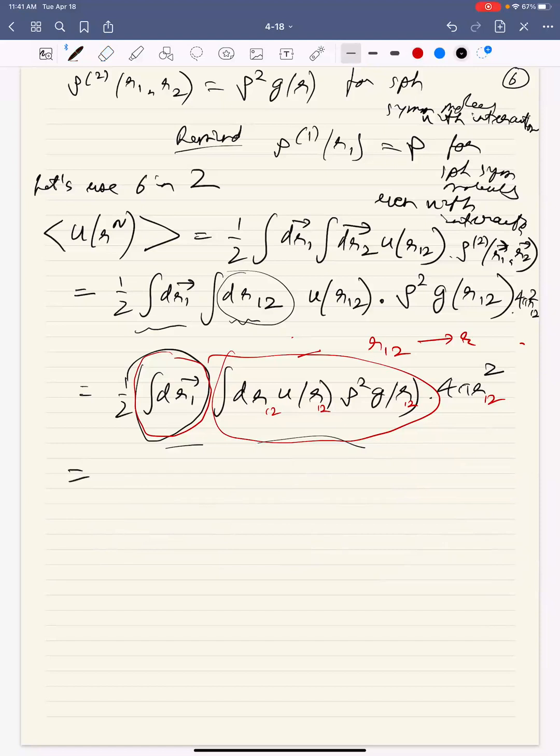So the point here is that this blue circle does not depend on R1, right? It depends only on R12. R12 is the distance from here to here. R1 is the distance from here to here. So this is R12, this is R1. So it does not depend on that. So the integral in red and the integral in blue